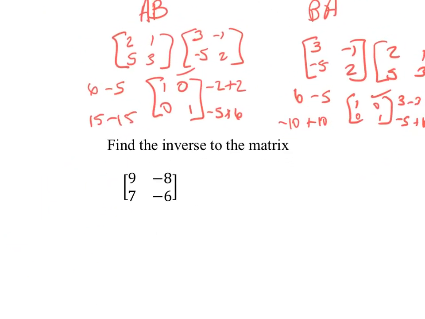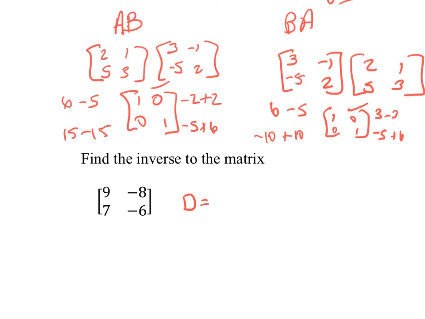Now if we're going to try and find the inverse, we first have to find our determinant. So that's going to be my A times D minus B times